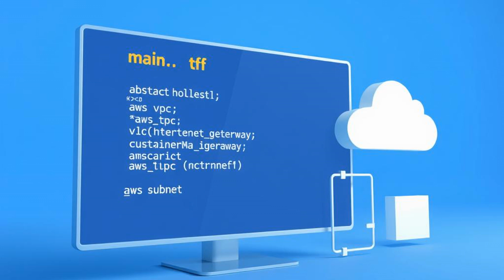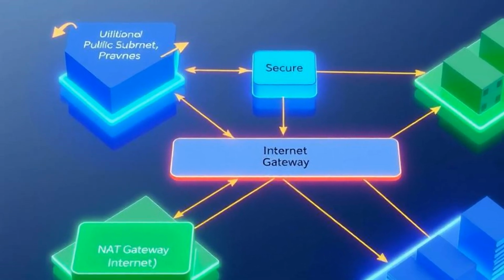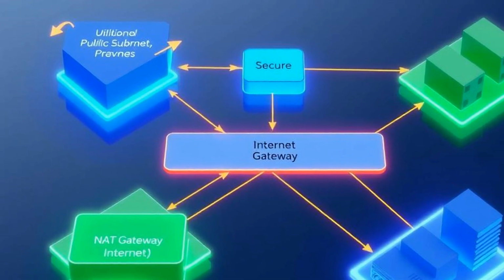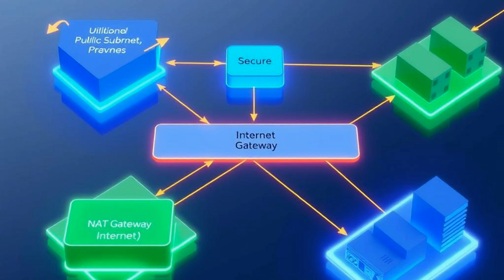Inside our VPC, we'll create both public and private subnets across multiple availability zones for high availability. Public subnets are for resources that need direct internet access, like our EC2 web server. Private subnets, on the other hand, are for sensitive resources like our RDS database and application servers, keeping them insulated